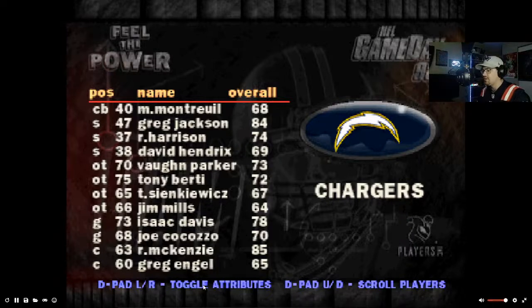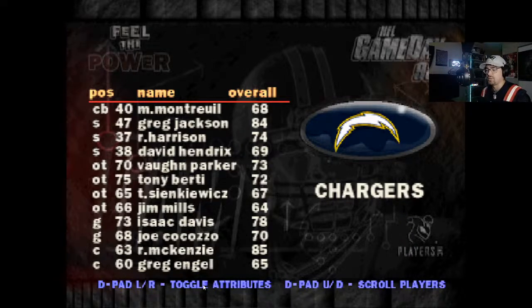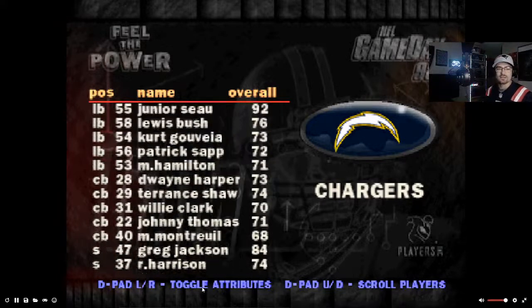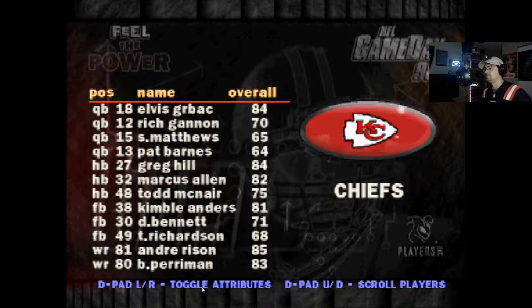But, yeah, not a lot of options here. They have a really good center, an 85 overall center. That's interesting. But their offensive line's kind of average at best. Rodney Harrison on the back end, big deal. That's so crazy to think that's what that team was.